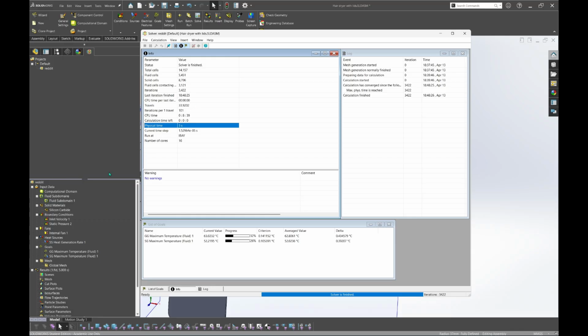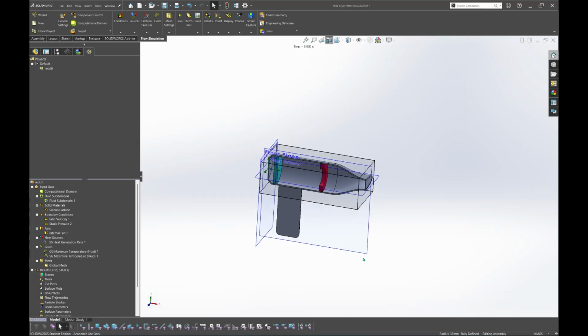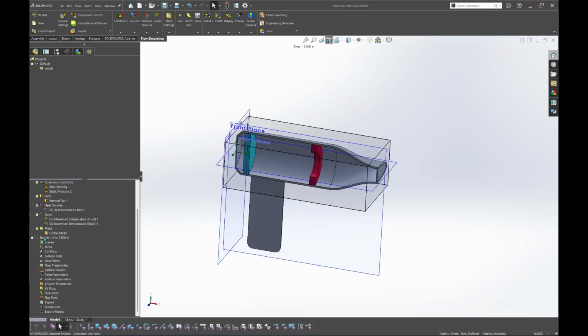And in your simulation you need about 14,000 for the total cells. Okay, you can close your solver and we can check the result.